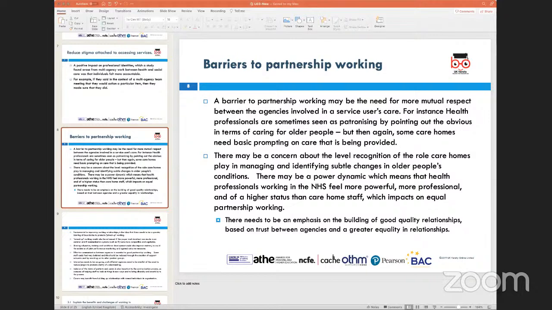This is because each organization may have its own way of storing and recording information, and that creates a fragmented approach. And when it comes to accessing and sharing this information as a centralized resource, this may lead to gaps, or in some cases even duplication of information. And that could be an example of barriers when we look at partnership working.